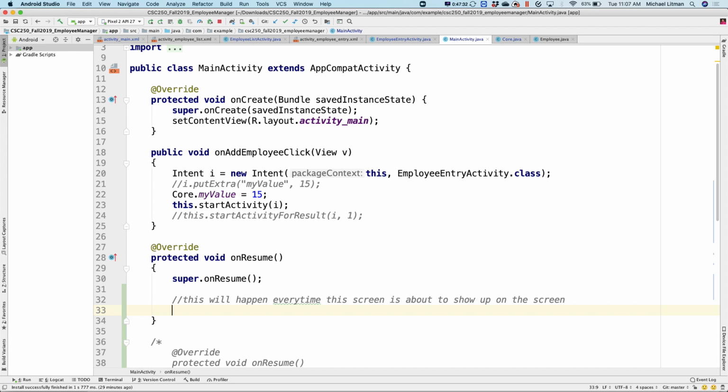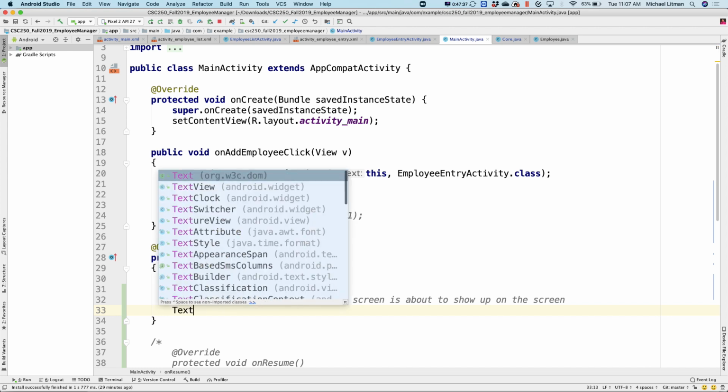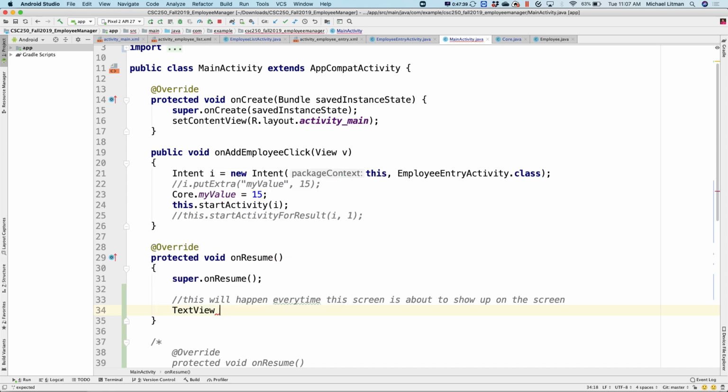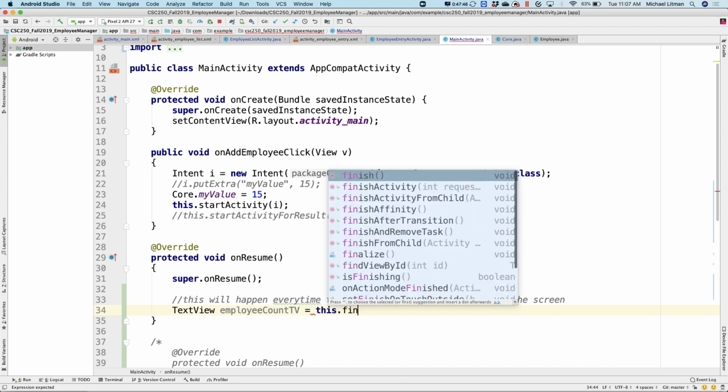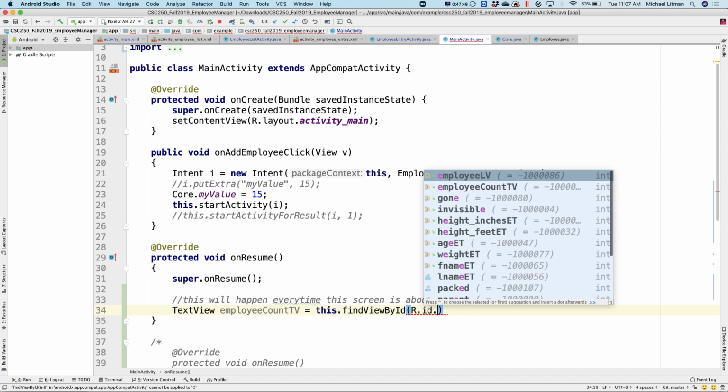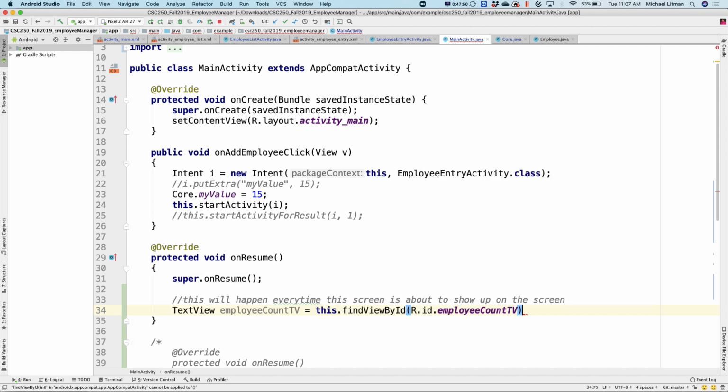So what I'm going to do here is get my text view. So I'll say TextView employeeCountTV is equal to this.findViewById(R.id.employeeCountTV). Now I want to set this guy's text to the current number of employees. What's the current number of employees? Who knows the current number of employees? Good question. That would be